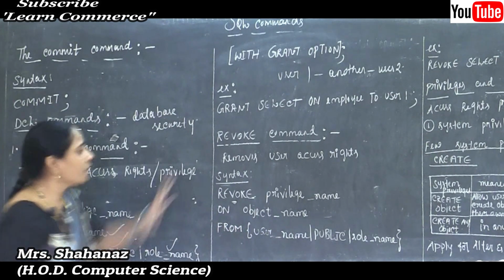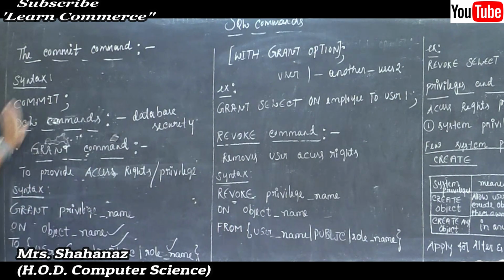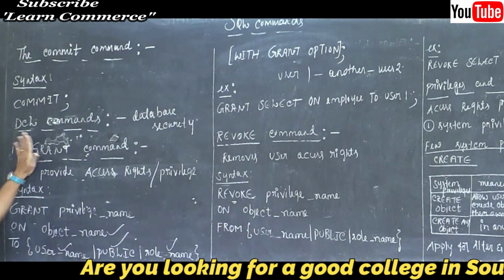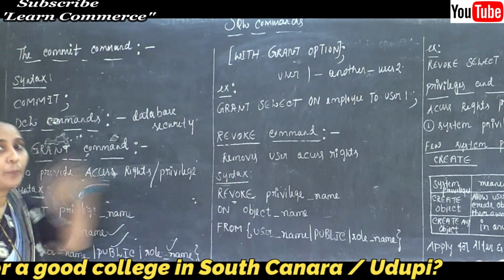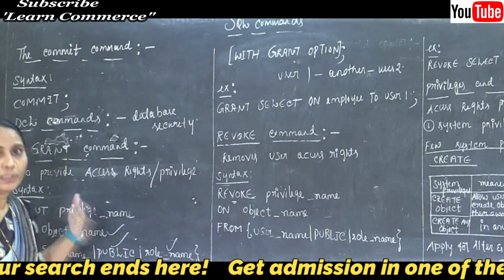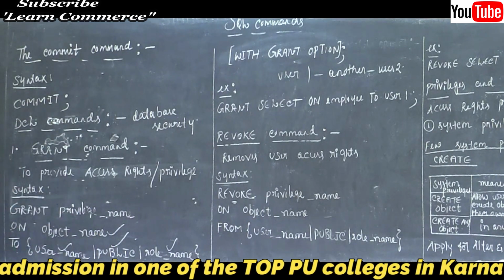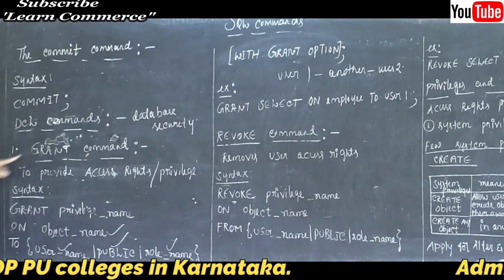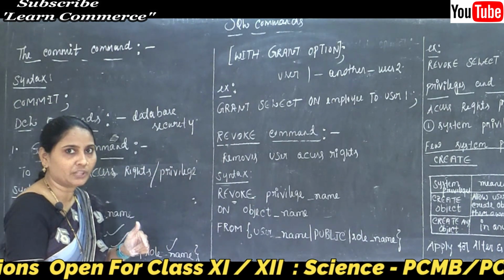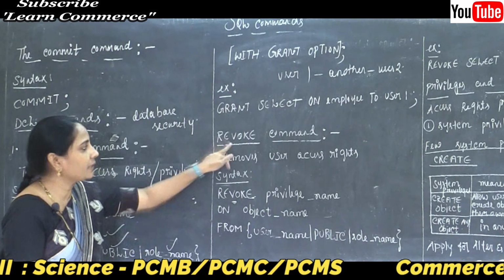Clear this point? So this is the meaning of the DCL command. In DCL, some of the database security commands are the grant command and the revoke command. Only the database administrator or the owner of the database can provide as well as remove the permission from the user. Grant means granting the permission, revoke means removing the permission. Whatever permission was given to the user, taking it back is called revoke.